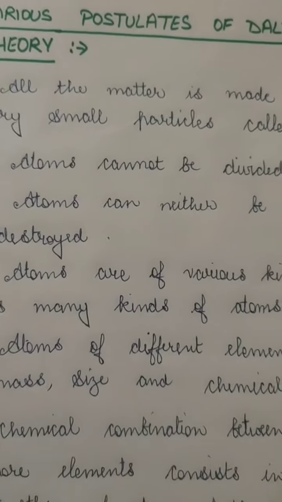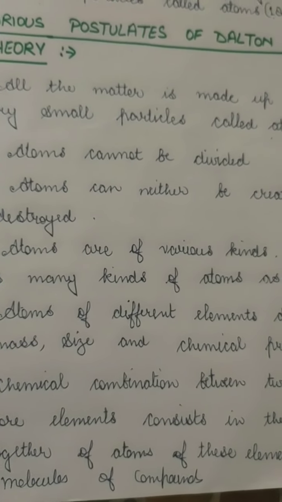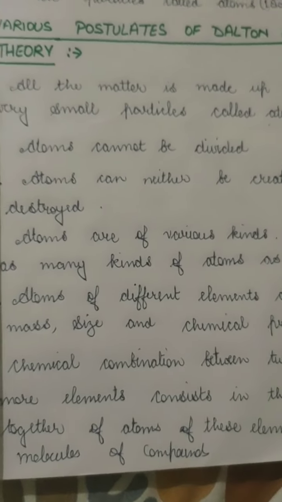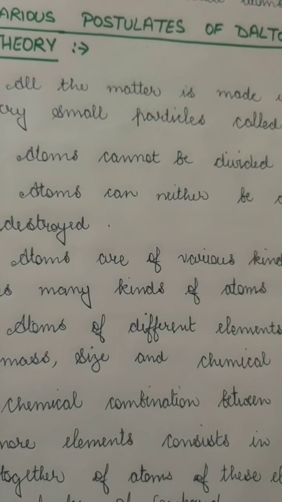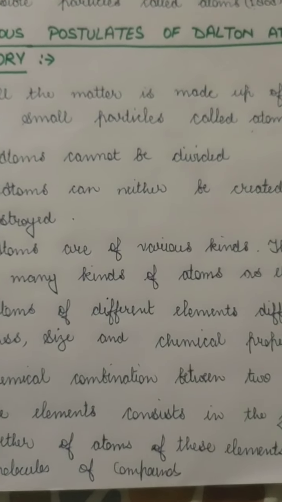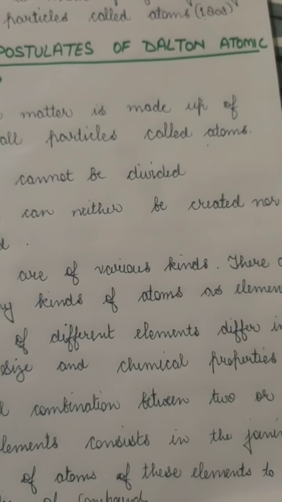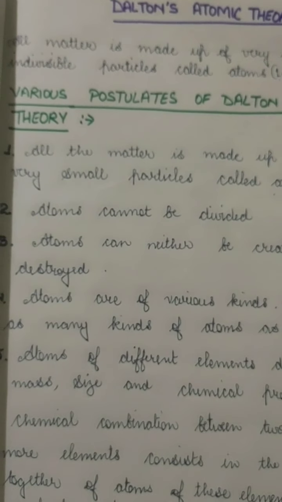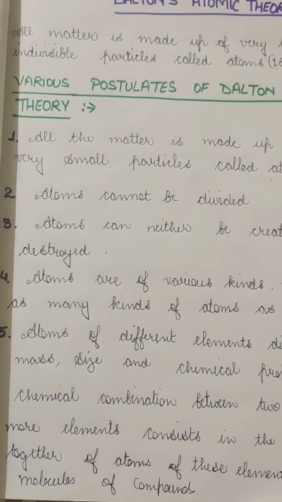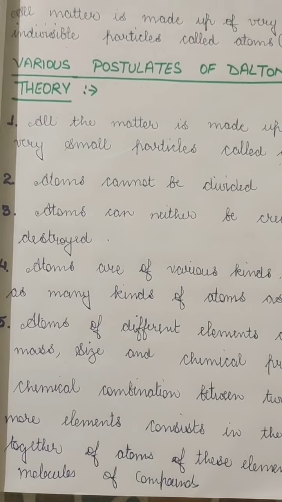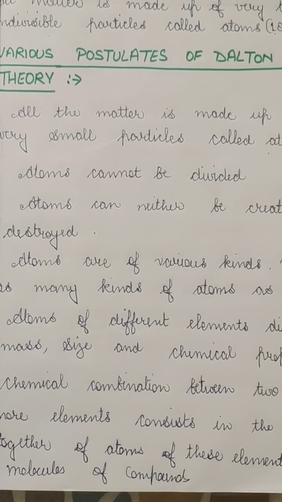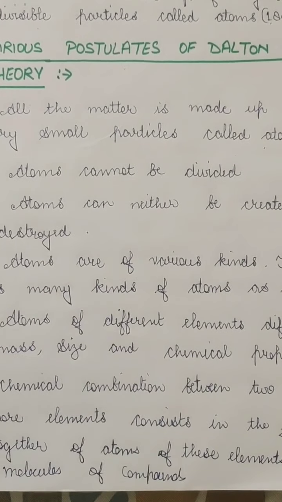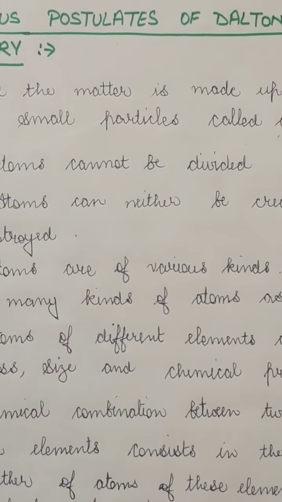That means if there is a chemical combination between two or more elements which are joining together, they will form either a molecule or a compound. So when atoms join, they form a molecule or a compound. So these were some postulates. There is one more postulate, that is the number and kind of atoms in a given compound is fixed. In any compound there will be a fixed number of atoms. That means it is the law of definite proportion or law of constant proportion, because in that also we learn that for any compound to be made, there should be a fixed number. So these were the postulates of John Dalton.